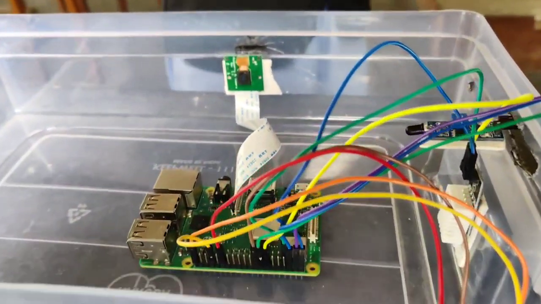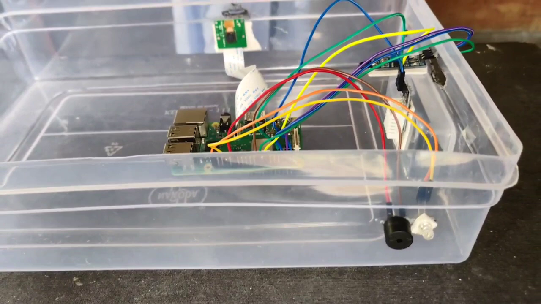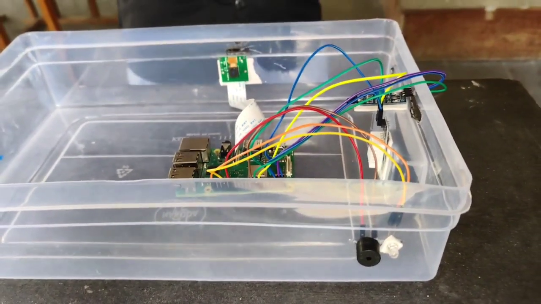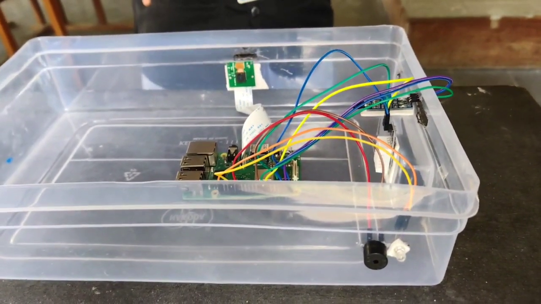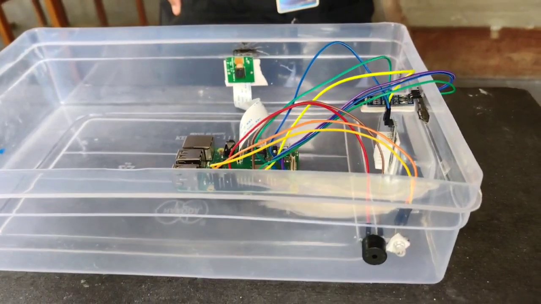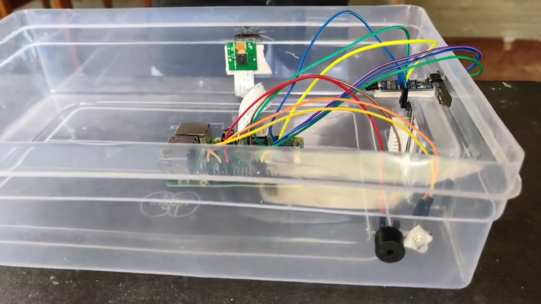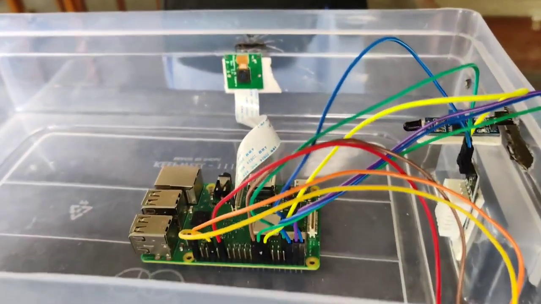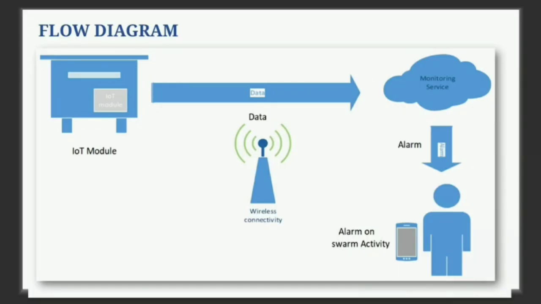And we used a buzzer. A buzzer is an electronic device that produces a loud buzzing or beeping sound, typically used to signal an event or action in various applications. This IoT module collects the data from beehives and then transmits it to the cloud for analysis and monitoring. This allows beekeepers to remotely monitor the health and productivity of their honeybee colonies and take proactive steps to prevent